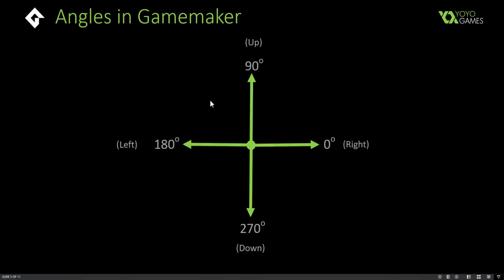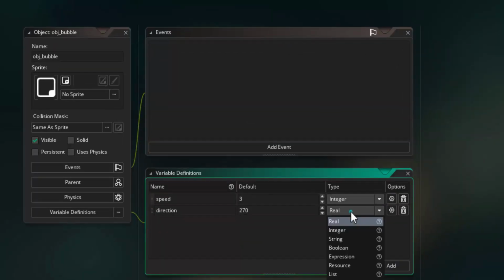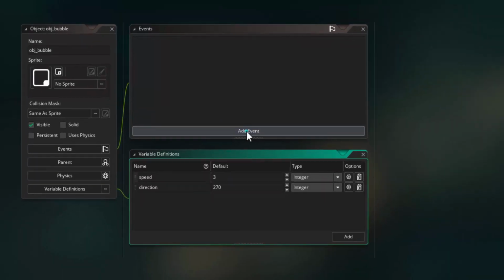To remind you again, 270 points down, so that means we're going to move down when we create these bubble objects, and we're going to set this to an integer data type as well. So that will be shared with all the children objects. The next thing to do is create an event that will be shared. So click add event,